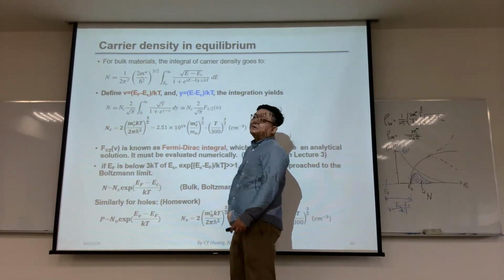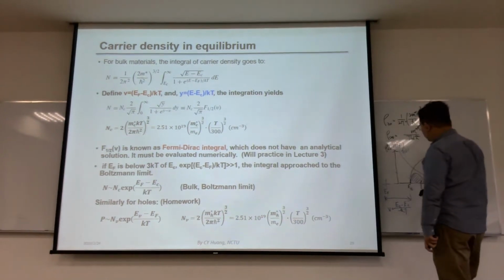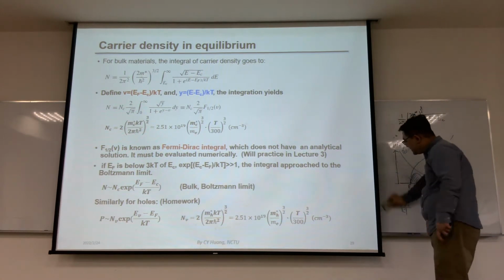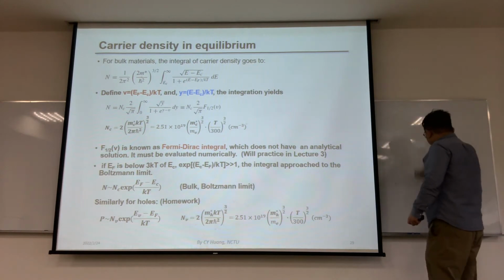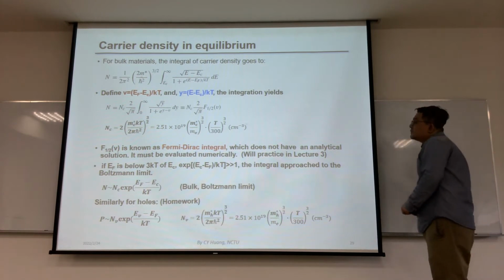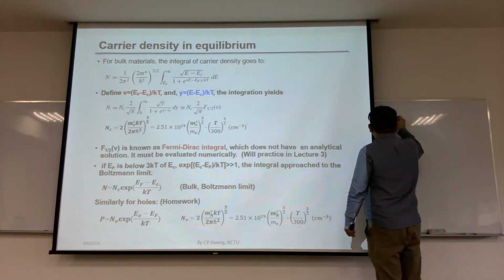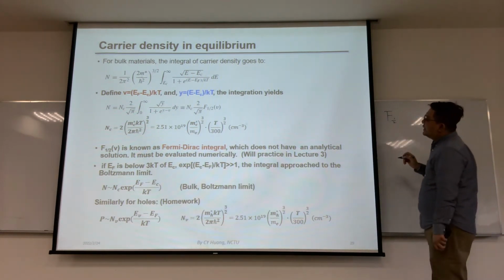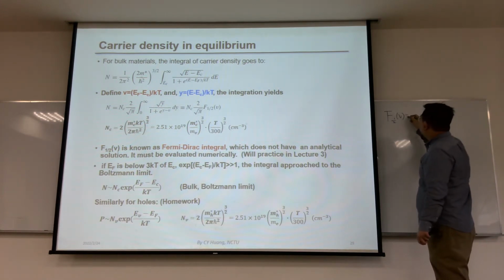So this is called the Fermi-Dirac integral. F of 1/2, with the subscript, as a function of eta, is defined as